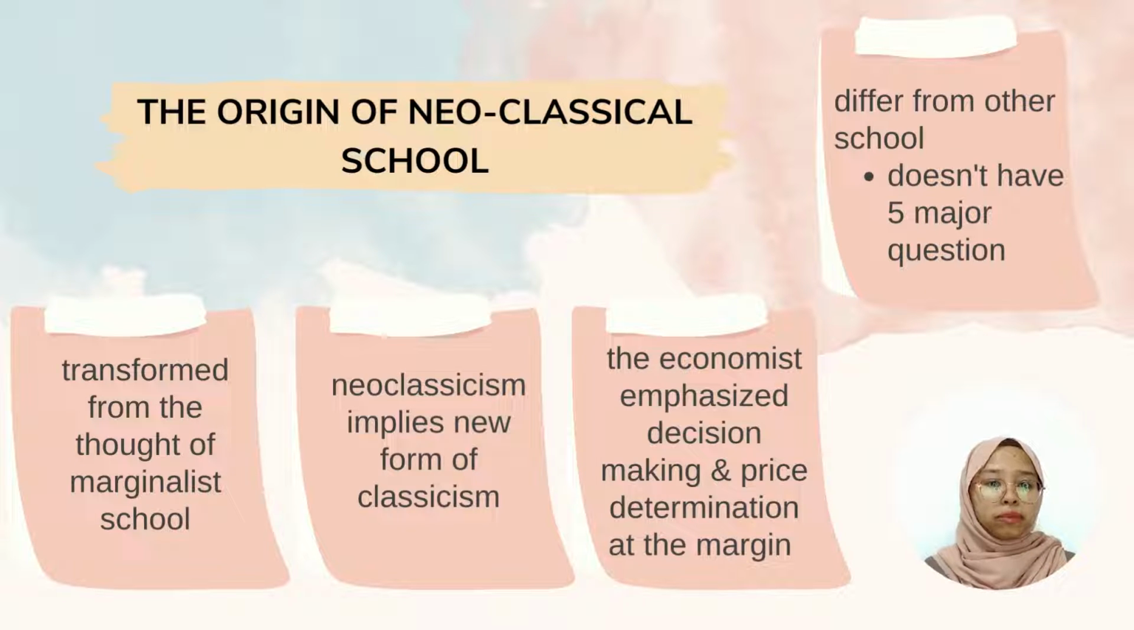Neoclassicism implies a new form of classicism because neo means new. So when we say neoclassicism, it means we talk about a new structure of classicism. The neoclassical economists emphasize decision making and price determination at the margin. It means that they make decisions based on margins such as marginal utility, marginal cost, and marginal rate of